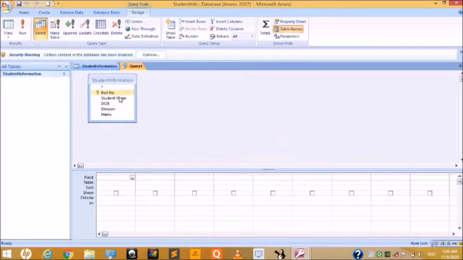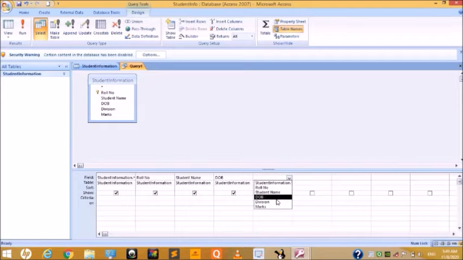Look here, all the fields are available: roll number, student name, date of birth, division, marks. You have to add the fields one by one: student information, then roll number, then student name, then date of birth, and marks.